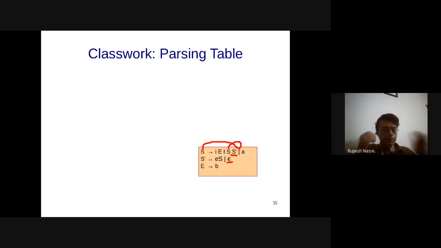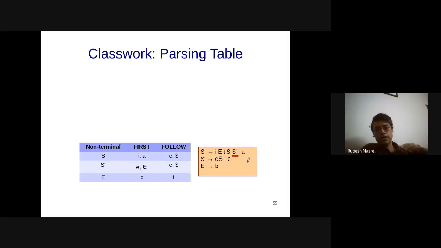Okay, so yeah, Shriram, I will state this again: because S prime appears as the last non-terminal in this production, follow of S prime will always contain follow of S, right? And maybe it is happening in this case, but the order in which we compute these follow sets can